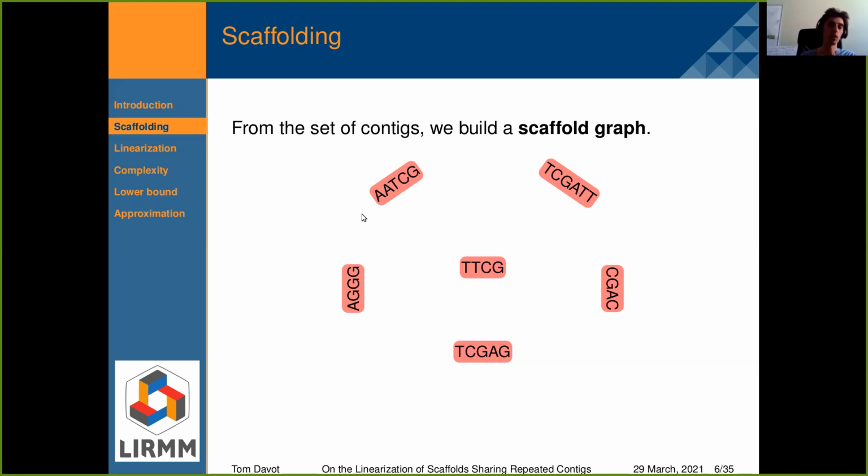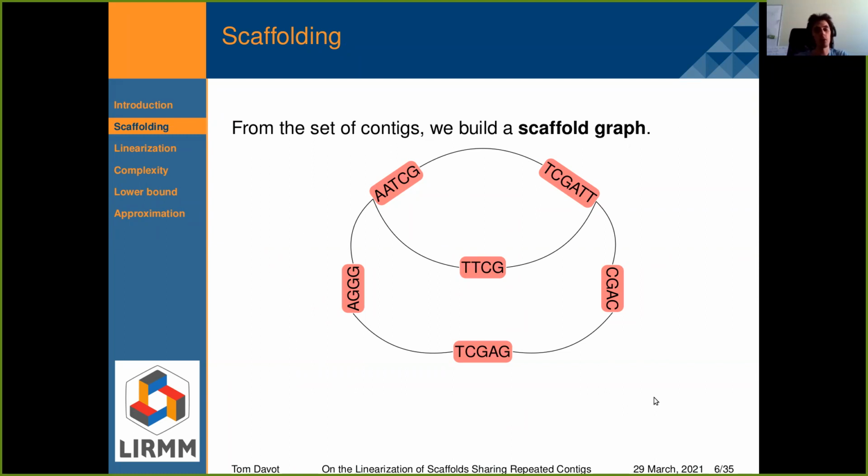If we think that two contigs are following each other in the original sequence, we add an edge between two extremities of these contigs. For example, if I think that ATCG is followed by TCGATT in my sequence, then I add an edge between these two extremities. I do that for each pair of extremities, and I obtain a scaffold graph.